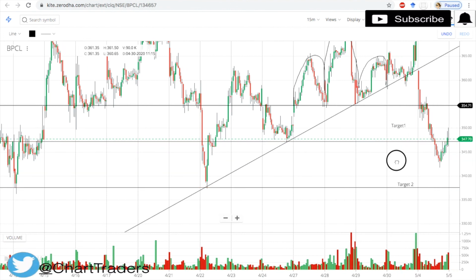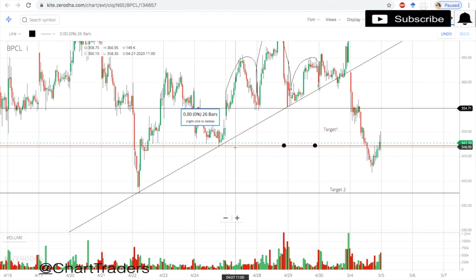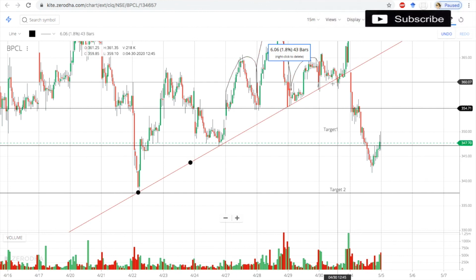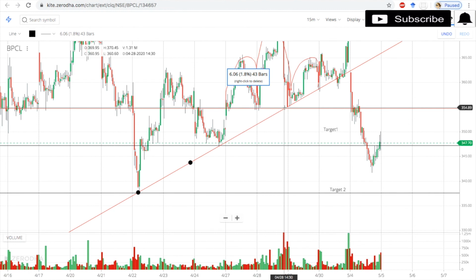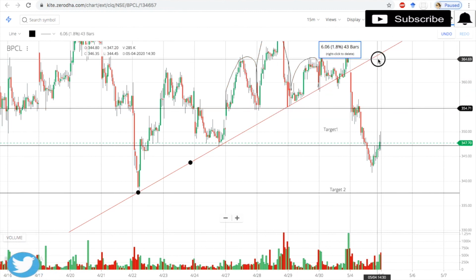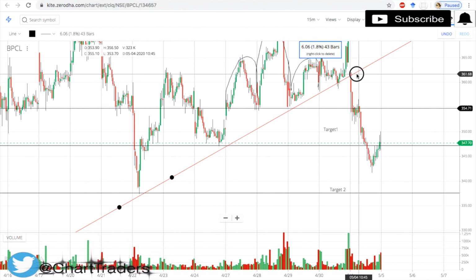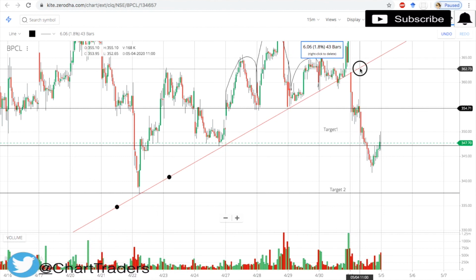So you have to check different parameters also, like trend line, support and resistance, while you are analyzing your pattern. It's not always, because see here the reversal from this pattern might be possible. It came here and going up is also possible. So you have to consider different parameters like trend line, support and resistance of the stock while you are looking for the pattern on a chart.